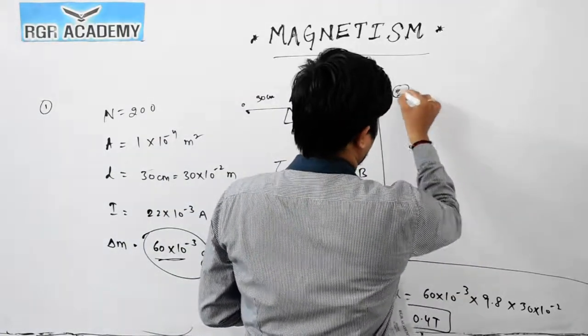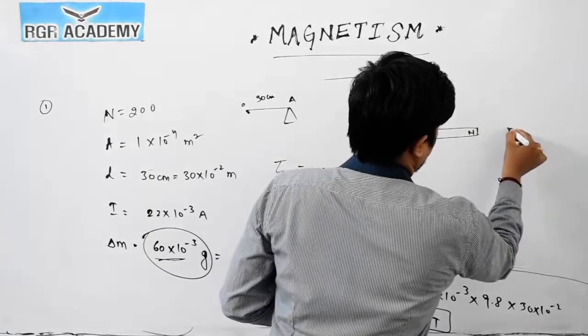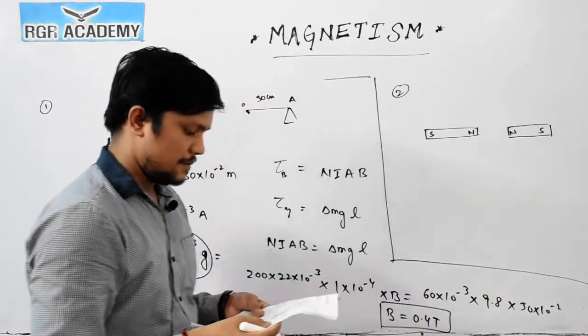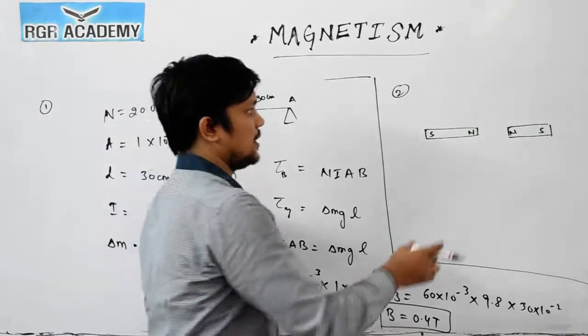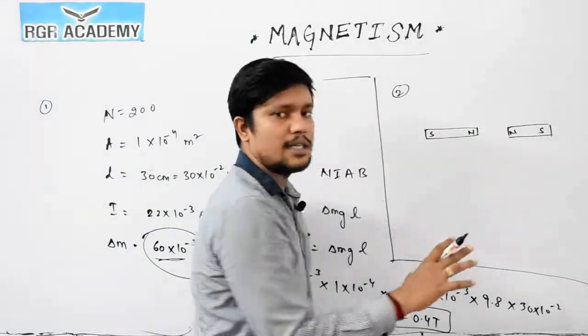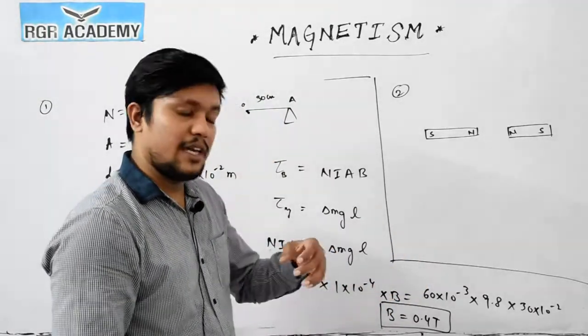So in question number 2, like poles are facing each other like this. This is north, this is south. This is north, this is south. Identical magnets are there. They repel each other with some force F, so that will be varying with S. So for these kinds of systems, whether it is a system of magnets or a system of electric dipoles, the variation will remain the same.